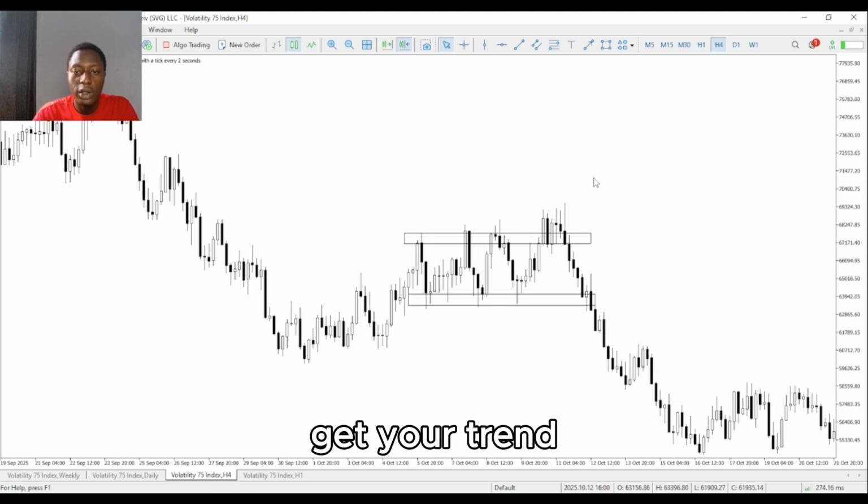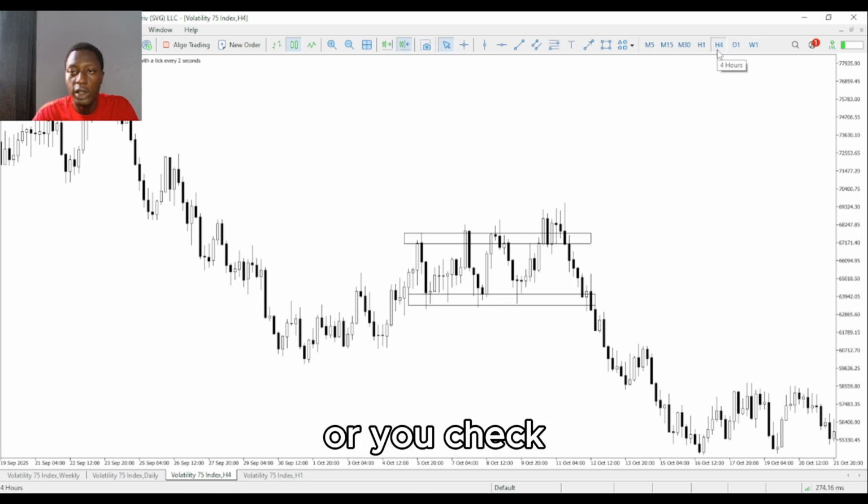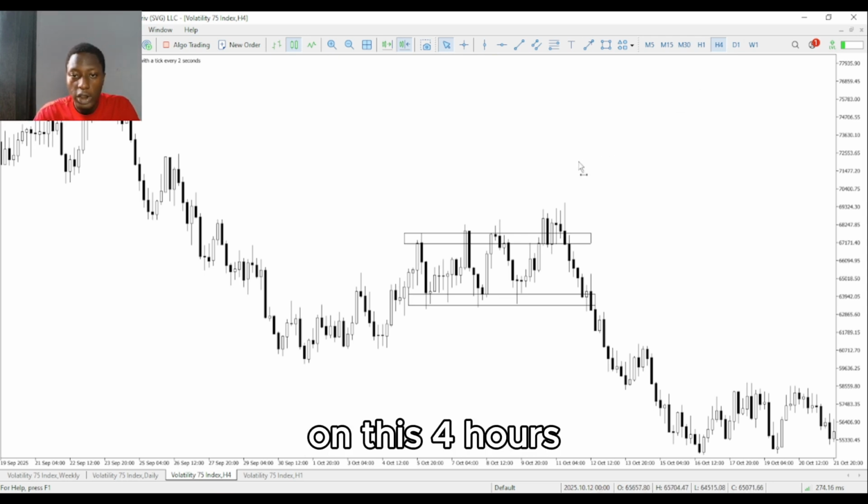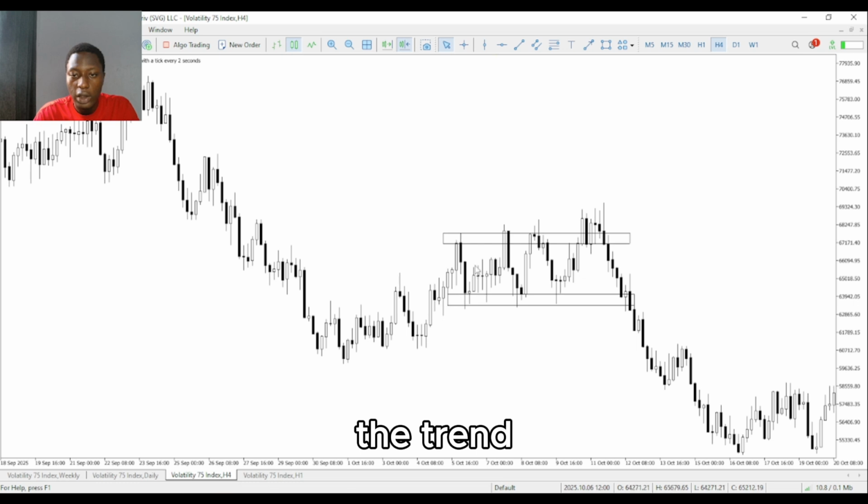So where do you get your trend? Where do you observe your trends from? First of all, as I told you just now, you check the weekly, or the daily time frame, or the H4 time frame. You understand? One of these three time frames will provide you with a clear direction of the trend. You understand? Like on this 4 hours chart now,